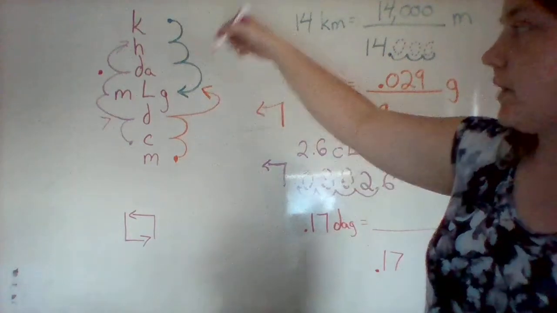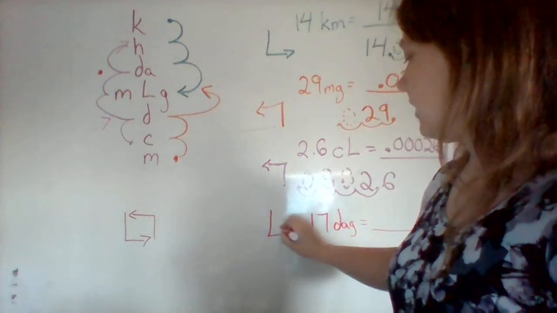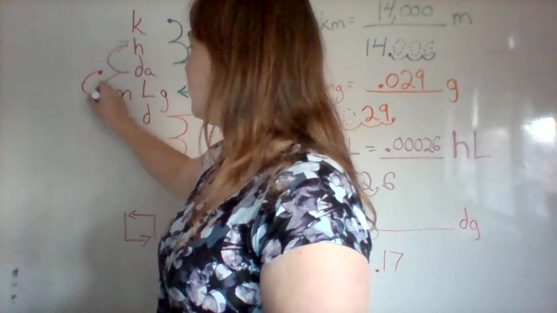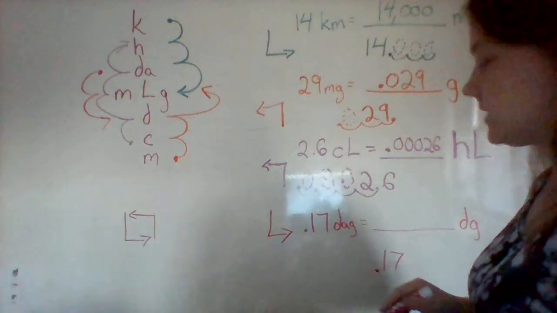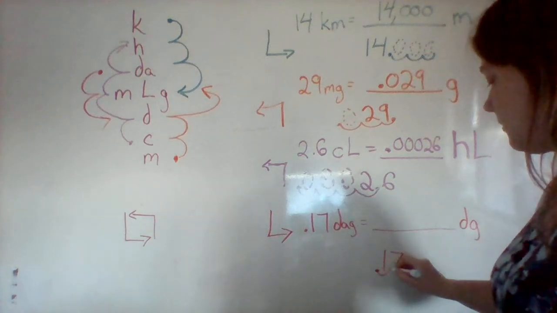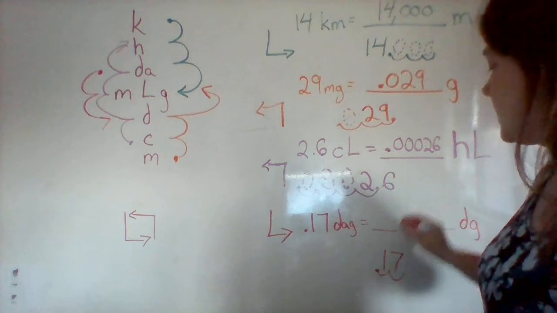First of all, we know that we're going down. So I'm going to use the L of my L7. Let's count how many steps. 1, 2. So because I went down 2 steps, that means my decimal is going to move 2 times to the right. 1, 2. 0.17 decagrams is the same as